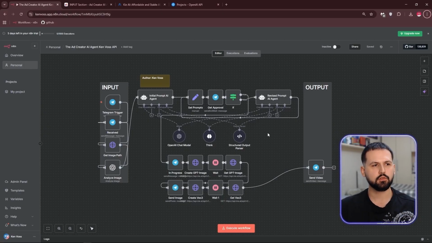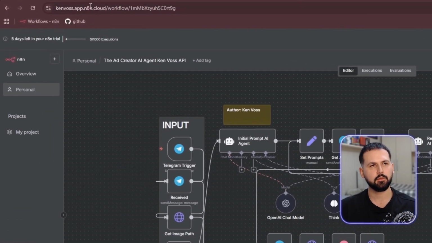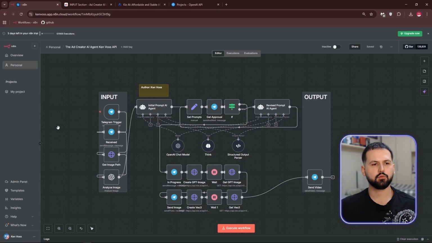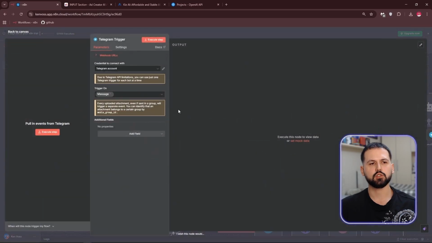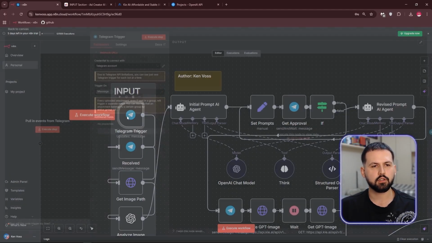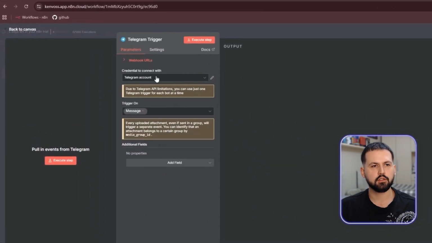To create this workflow, you have to go to n8n and create an account there. After that, you click on the plus button here and click on new workflow in personal. After that, we create a Telegram trigger, which waits for our message, where we will send the photo with a caption also. But first, you have to create a bot on your Telegram and connect it to this